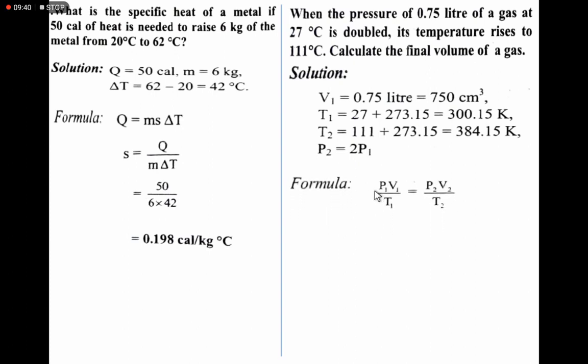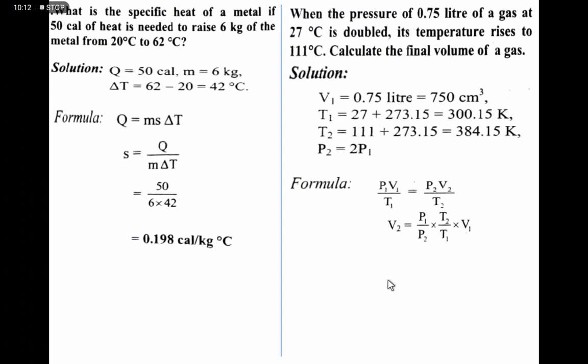Formula, again I use this one, that is the ideal gas equation: P1 V1 divided by T1 is equal to P2 V2 by T2. Now here we have to find out volume V2. So by rearranging the equation, we'll write P1 by P2 into T2 by T1 into V1. So here P2 is twice of P1,